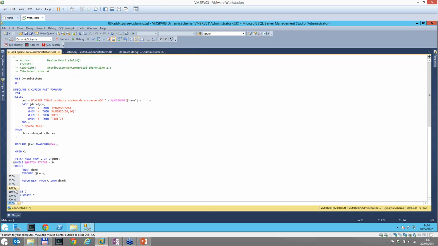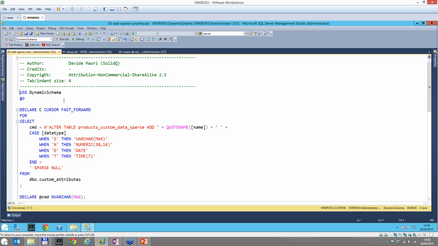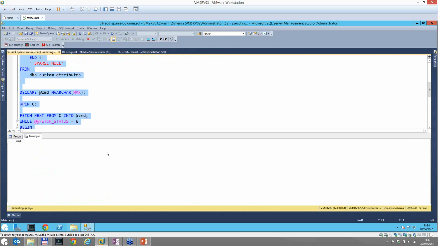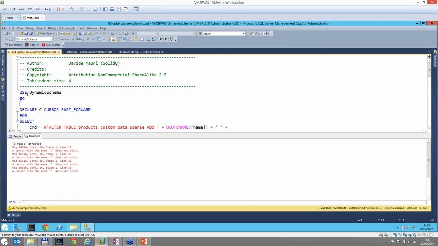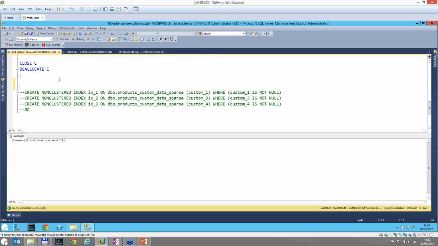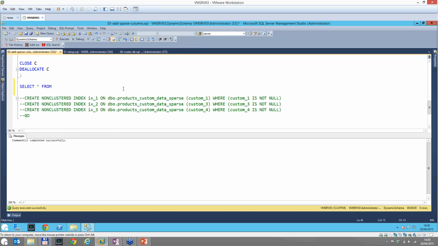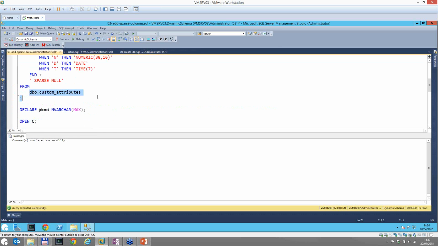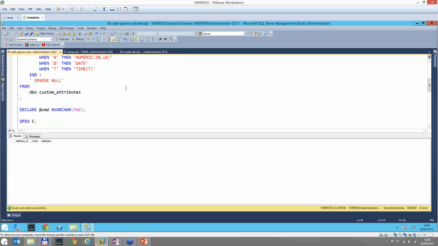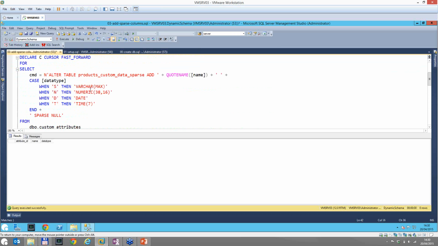Here, in order to make everything quicker, I created a script that is going to add 100 columns to my sparse table, just because I don't want to create everything by hand. Okay. So now my table looks like something like this. This is the table with the attributes. Of course, I haven't created any attribute yet, and here it is. But for each attribute,